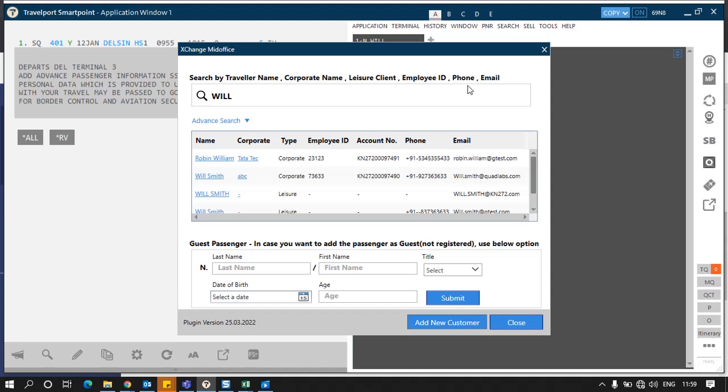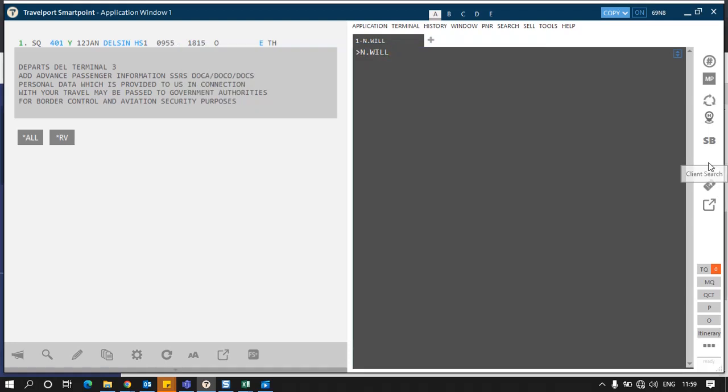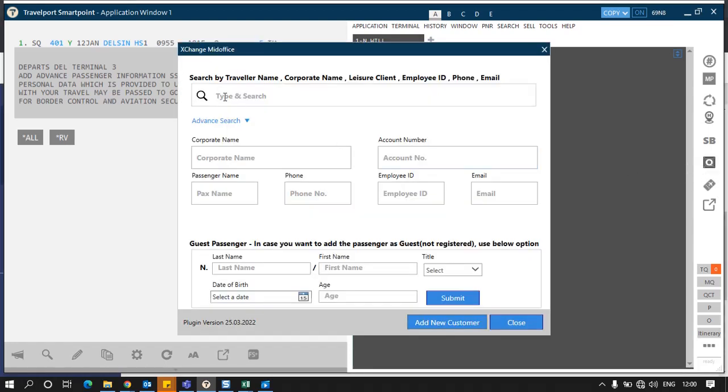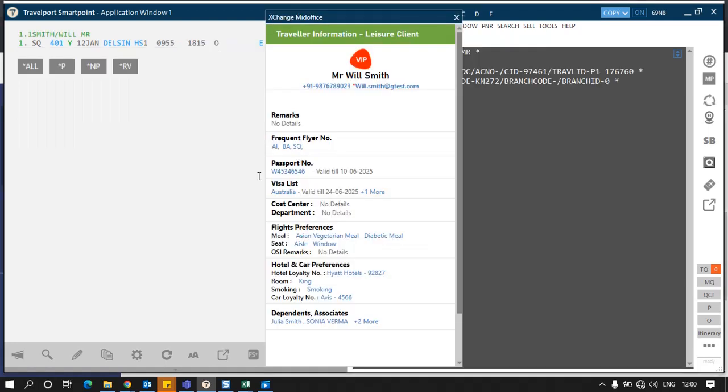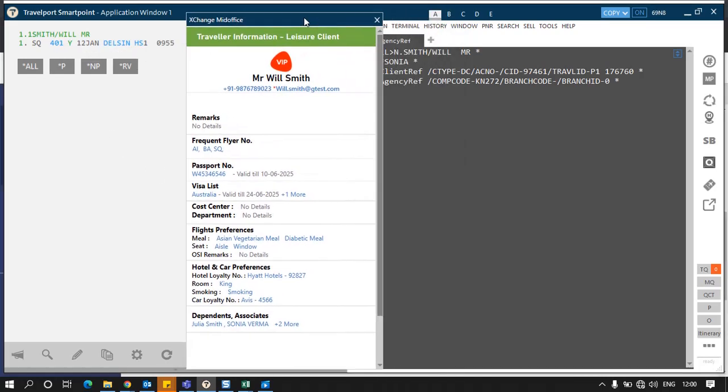If there are multiple travelers with the same name, the screen will open with all those names, or you can simply click on this Q sign and search the name. So there are three different modes from where you can search the name of the customer. Now I'll click on the name which I want to enter into the PNR. When I click the name from the plugin, the name will enter into the PNR here,